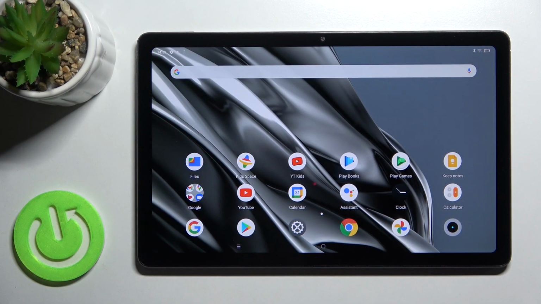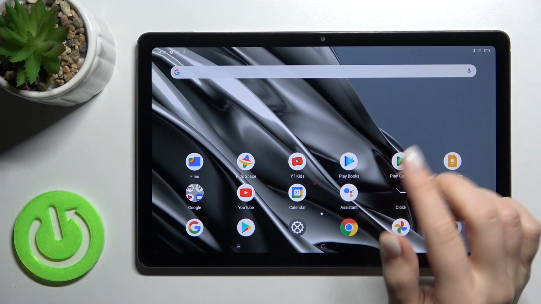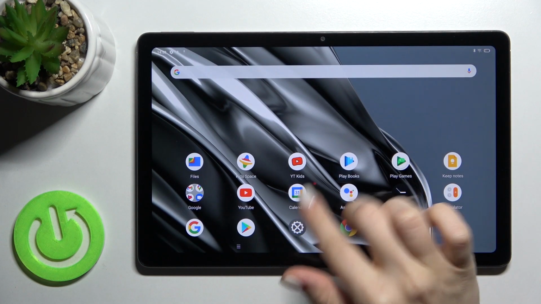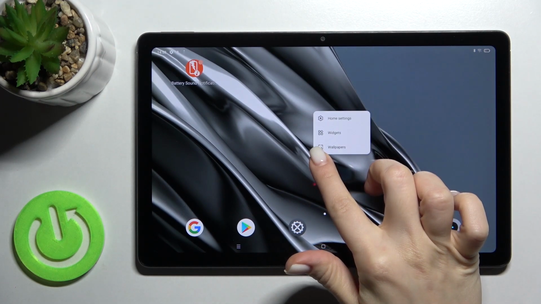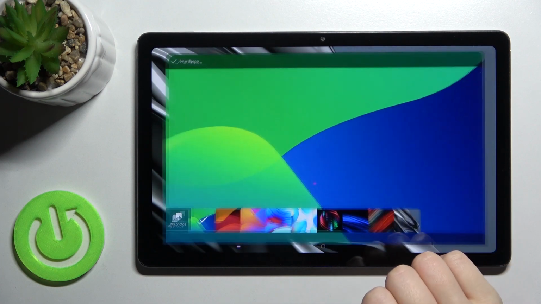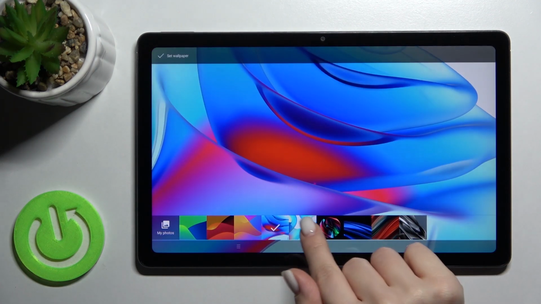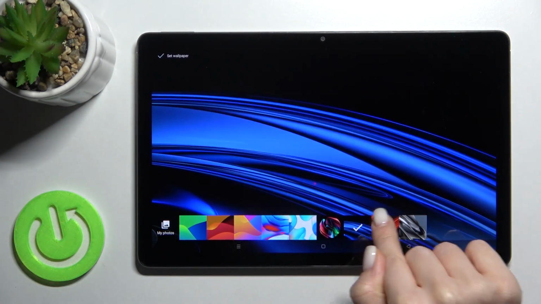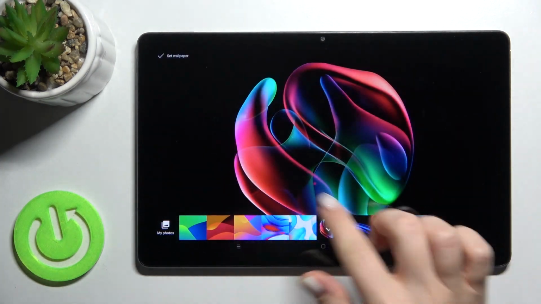Welcome to the in front of me Realme Pad, and I'll show you how to change lock screen wallpaper on this device. So first, you should press and hold your screen for a while, and here you will see the wallpaper section. Now just go there, and here you can choose your lock screen wallpaper from these default photos